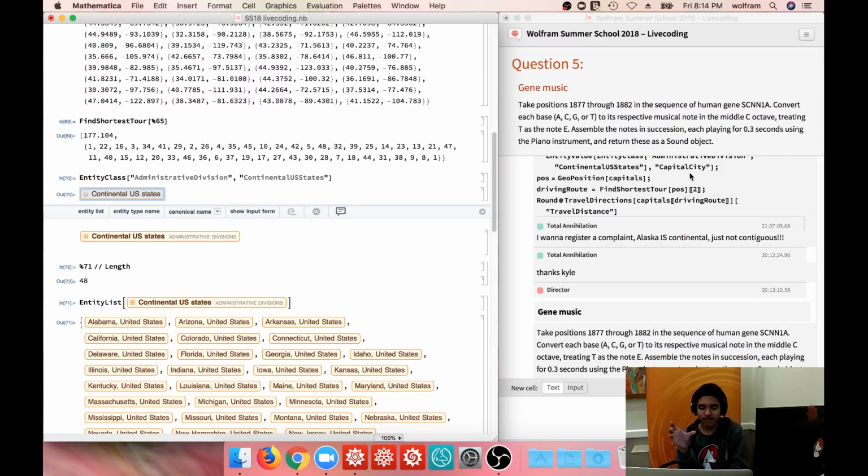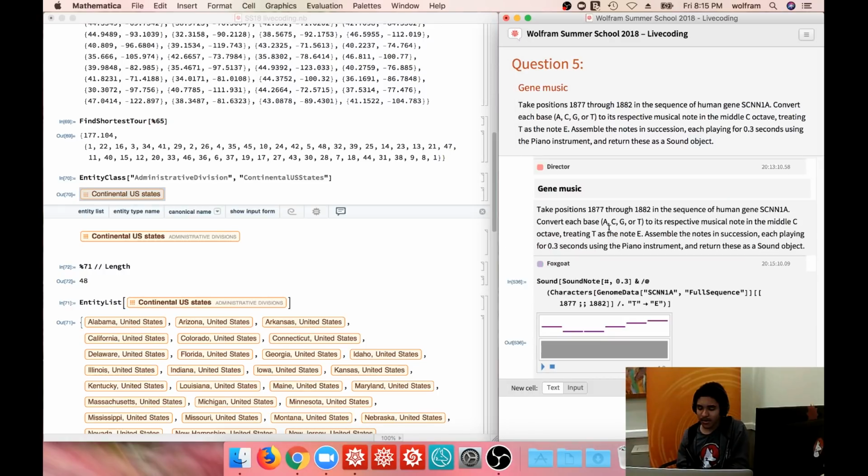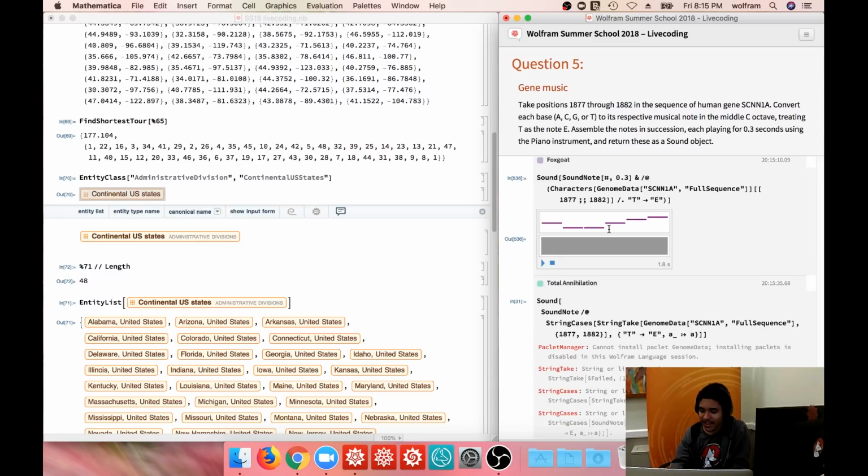Okay, we're on to the fifth question, gene music. Take positions 1877 through 1882 in the sequence of the human gene SCNN1A. Convert each base A, C, G, or T in the sequence of the gene to its respective musical note in the middle C octave, treating T as the note E. So A, C, G, or E. Assemble the notes in succession, each playing for 0.3 seconds using the piano instrument,